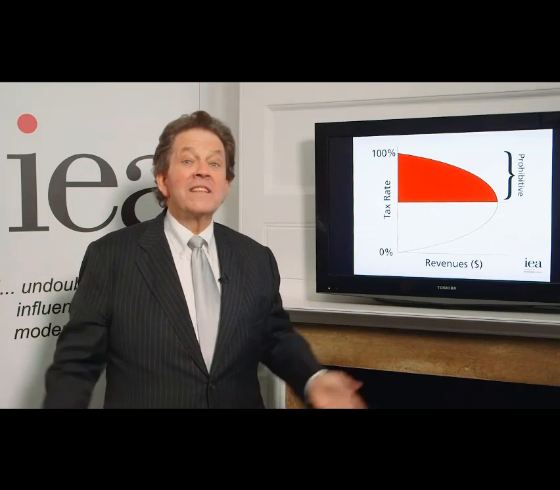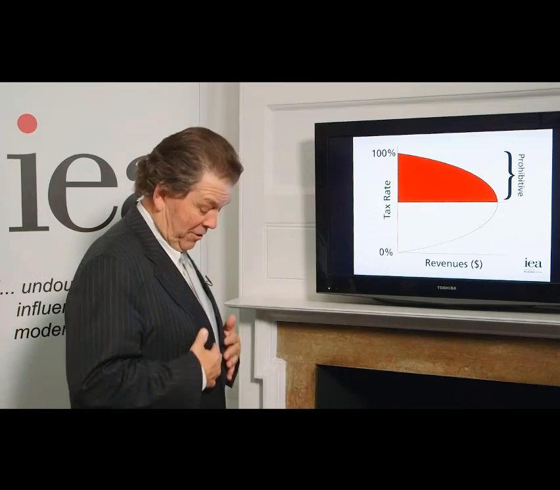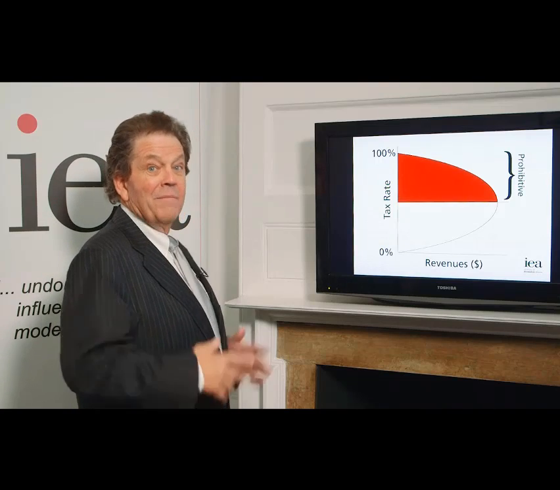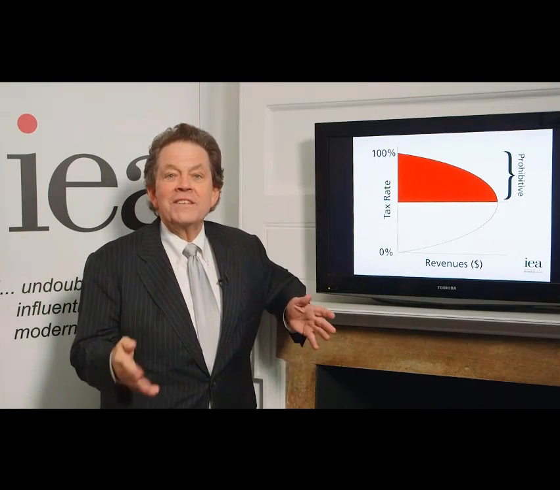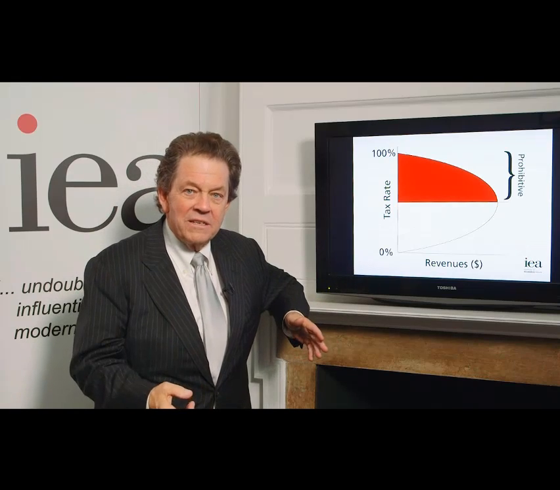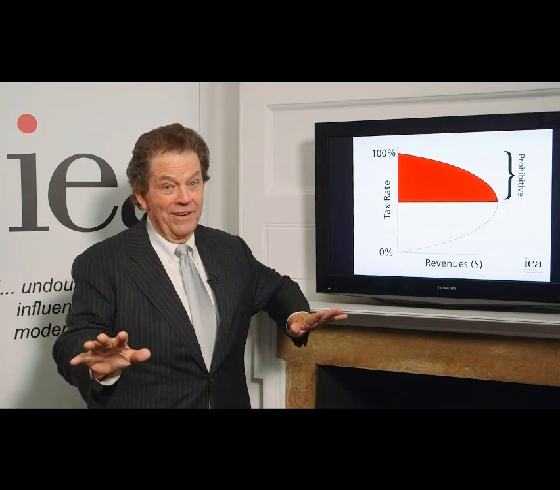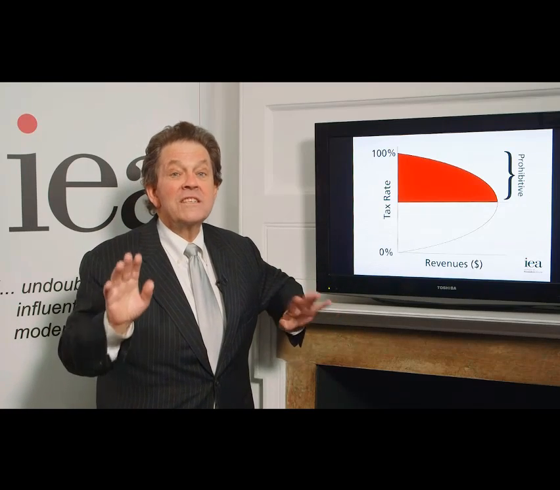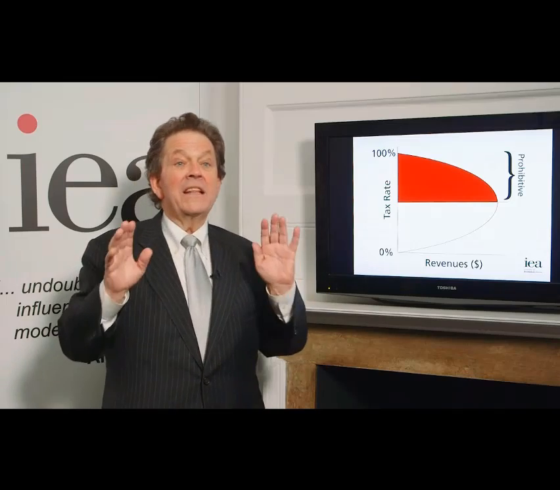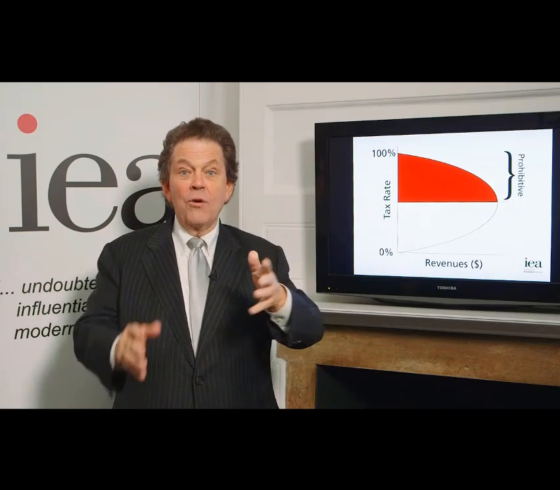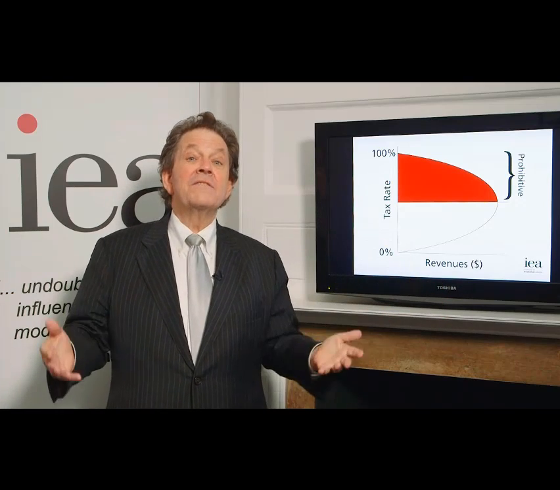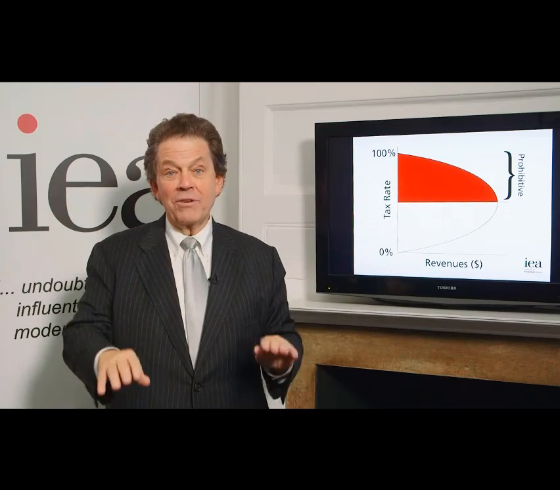So you asked me, what is the Laffer curve? Now, in all honesty, the Laffer curve, as you may see, is my profile, but no, it's not. The Laffer curve is the relationship between tax rates and total tax revenues. And by the way, I did not name it the Laffer curve, and it's been around for centuries and centuries. In fact, the first reference to it I really know is in the Muqaddimah. In 1381, Ibn Khaldun described it this way: at the beginning of dynasties, tax rates are low and revenues are high. At the end of dynasties, tax rates are high and revenues are low.